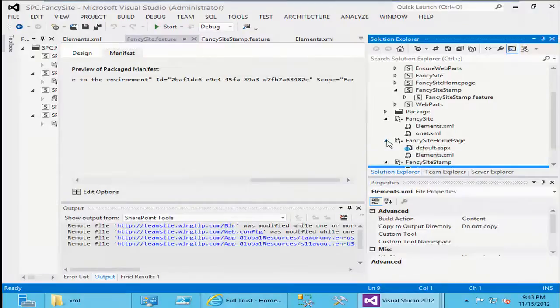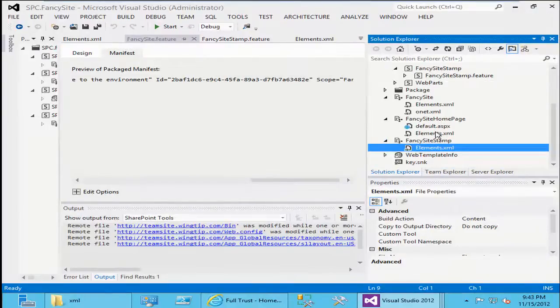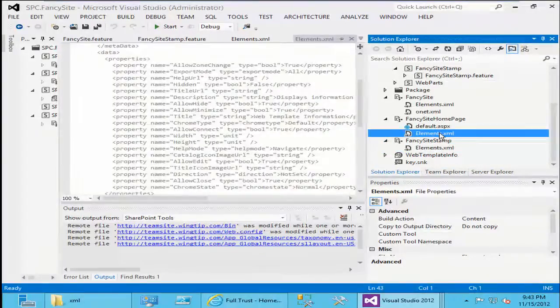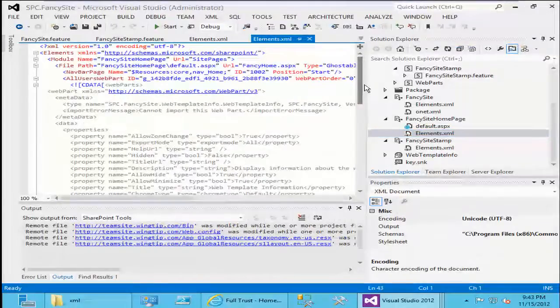We also have a home page. We want something to actually put stuff on. There's a default.aspx file that doesn't have anything exciting in it. And there's one elements file, and my elements file puts a web part on the home page for me. There's a little bit of information in there. There's a little bit of information about the navigation bar in it. In this